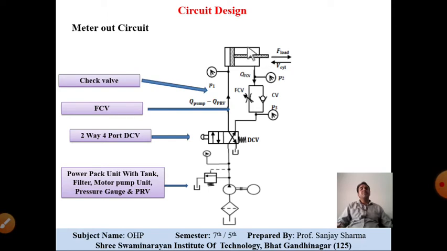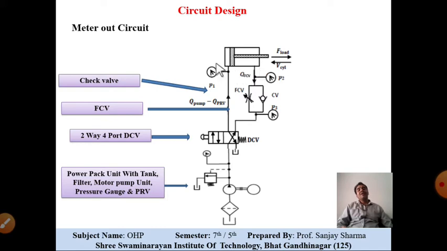It means this type of circuit is utilized where gravity loads are acting on the actuator. So now let us understand how this system is working. Right now, you can say the entire actuator is empty. So fluid is directly passing through this and it is extending the cylinder normally with the pressure of this motor.